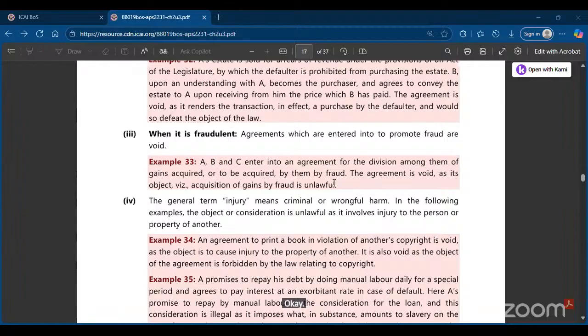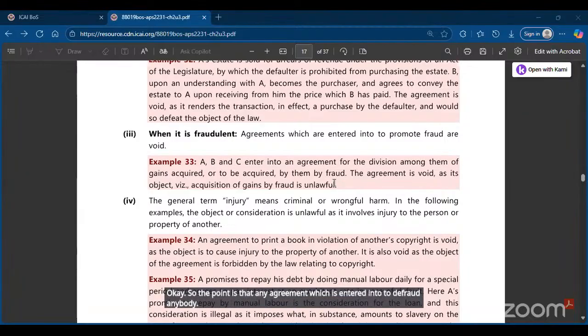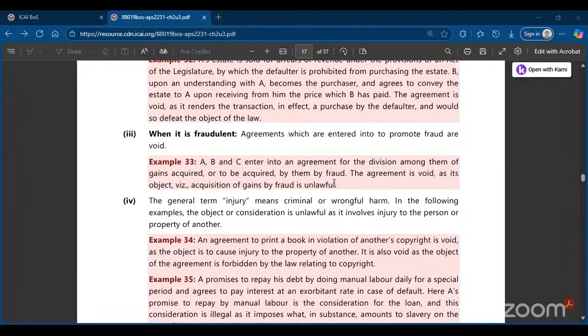So the point is that any agreement which is entered into to defraud anybody is fraudulent. Fraudulent means to cheat anybody. Even that is considered illegal. What is it considered as? Illegal. So whenever you enter into any agreement to cheat somebody, for example, let's say Sana carries